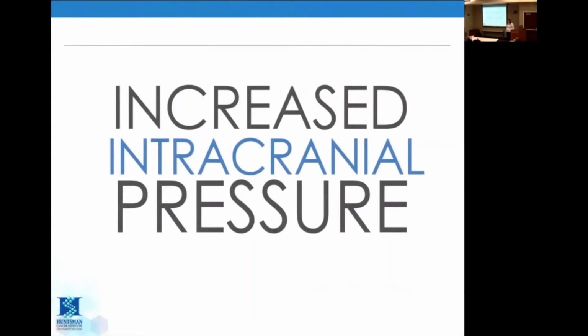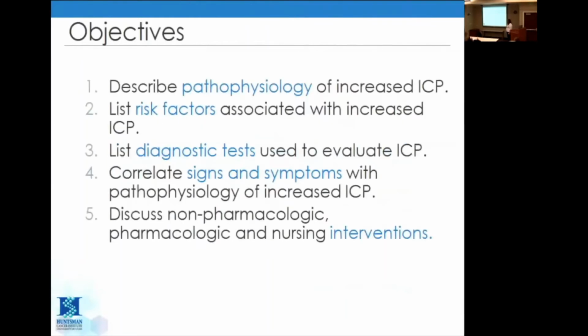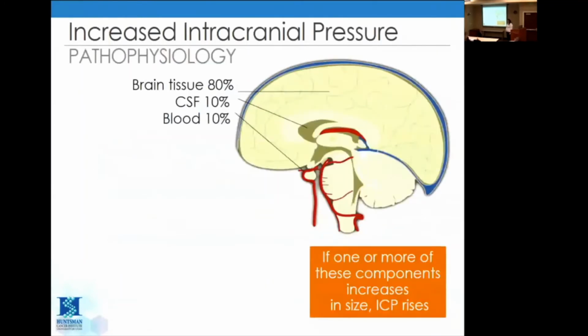That's the definition of this one. So increased ICP. Once again, my objections are the same. You've got 80% brain, 10% blood, 10% fluids. If you have an increase in any one of those three things, something has to give, right? So tell me, looking at this and thinking about your patients, what are some different things that would cause fluctuations in